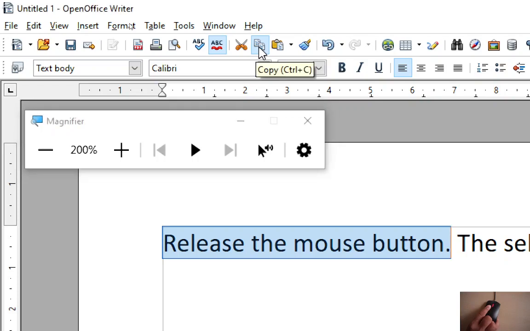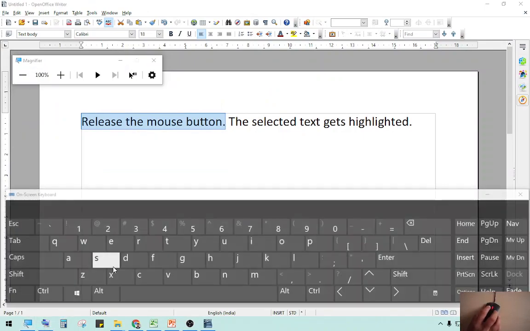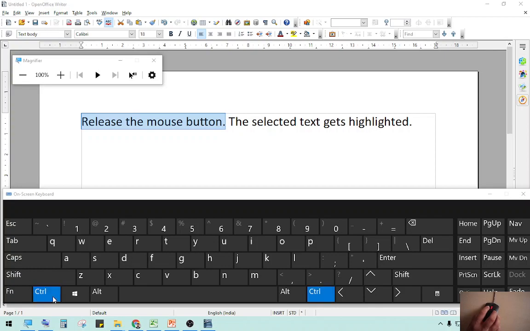Click on copy, or from the keyboard you can use Ctrl plus C. You have to hold down the Ctrl key on the keyboard and then press C. No need to release the Ctrl key. It's a combination of two different keys. You have to hold down the Ctrl key as well as C for making a copy. So once we did copy,